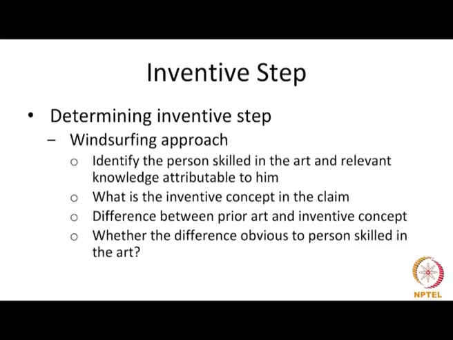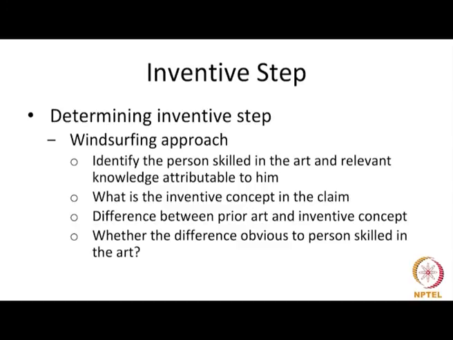So, the windsurfing test has 4 steps, and it involves starting with identifying the person skilled in the art and the knowledge attributable to him. 2, it involves constructing the claim, identifying the inventive concept, then identifying the difference between the prior art and the inventive concept, and seeing whether it would have been obvious to a person to make that journey or to take that step. So, in essence, any inventive step analysis would involve understanding the invention per se, the inventive concept,